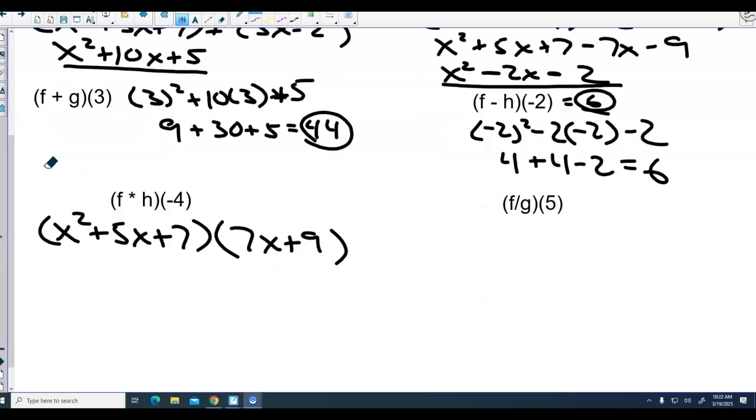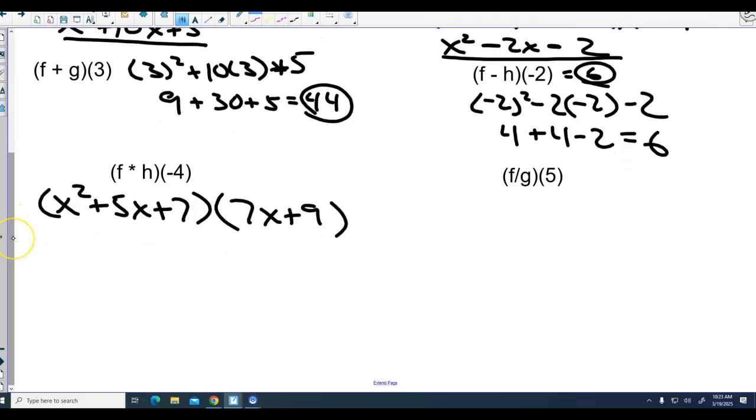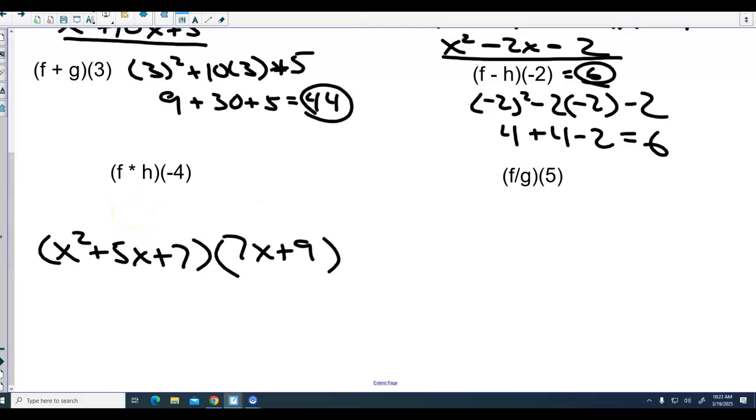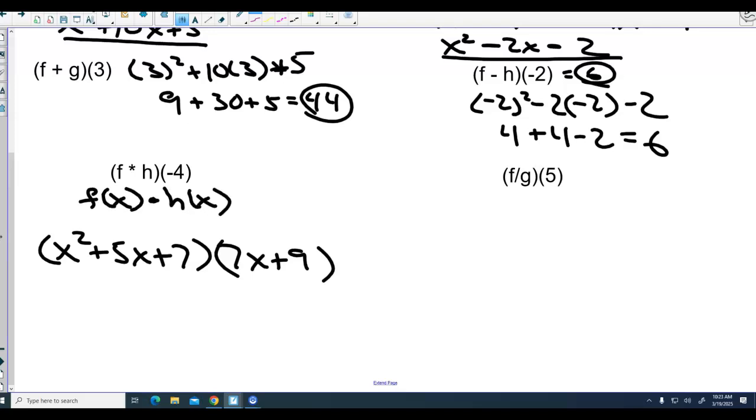All right, so when we multiply them, it's like foiling, only you have the extra term, but it's no different than what you've been doing previously. Okay? And this could also be written as, if I drop this down, f of x times h of x. Okay? Now, when I FOIL it out, for lack of a better term here,